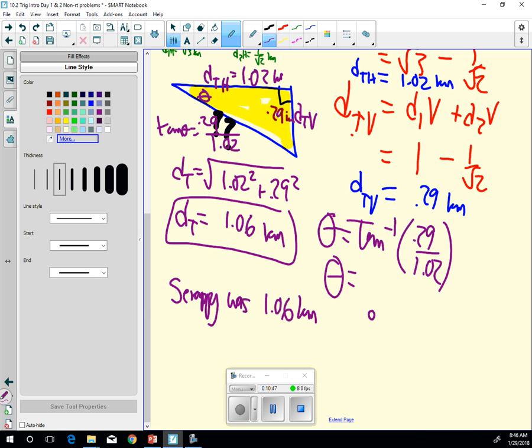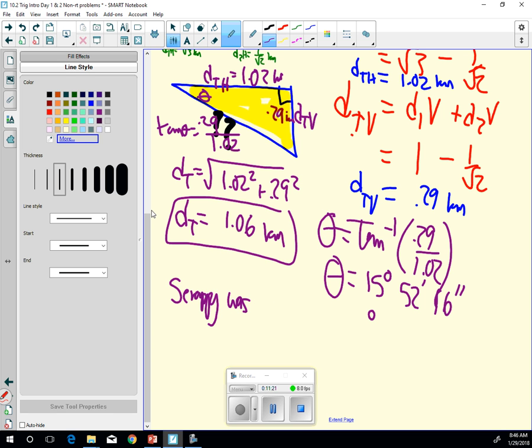So what'd you get for the theta? Want to tell me what you got? 15 degrees. Did you get any minutes and seconds? 52 minutes, 16 seconds. Perfect. So if you rounded this, this is about 15, about 16 almost. So we'll just say 15 degrees. So we go, Scrappy was